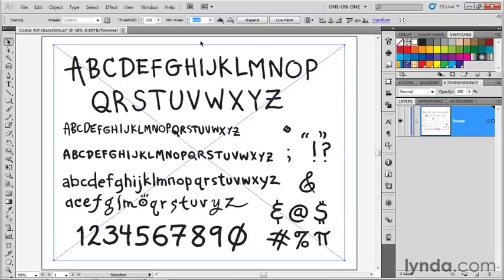Then we have this min area value that when I'm working with the comic art preset, which I was, then the min area is set to 4 pixels. That's saying that any little speck in the artwork that takes up 4 pixels or more will get traced. If you have a lot of dust in your original image, if you scanned it and brought it directly over into Illustrator without modifying the image in Photoshop, which is a rotten idea, by the way, you should go ahead and clean up the image inside Photoshop first, and I'll show you what I mean by that in a later exercise. But I actually drew this particular image inside of Photoshop, so it doesn't have any dust particles,